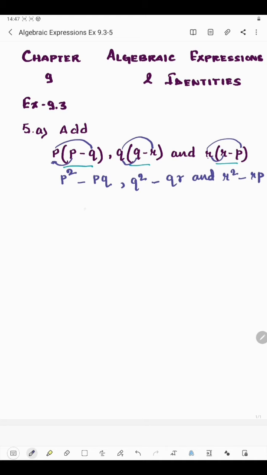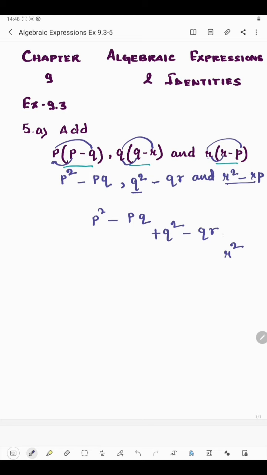Now in the first expression we have p square minus pq. In the next expression we have q square. Q square is not present over here, so we'll put the q square at the end, and as it has no sign in front of it, we'll put a plus sign here. Then we have qr, which is also an unlike term, so we'll put it at the end. Now in the third line we'll put the third expression, so it's r square. R square also is not present here,